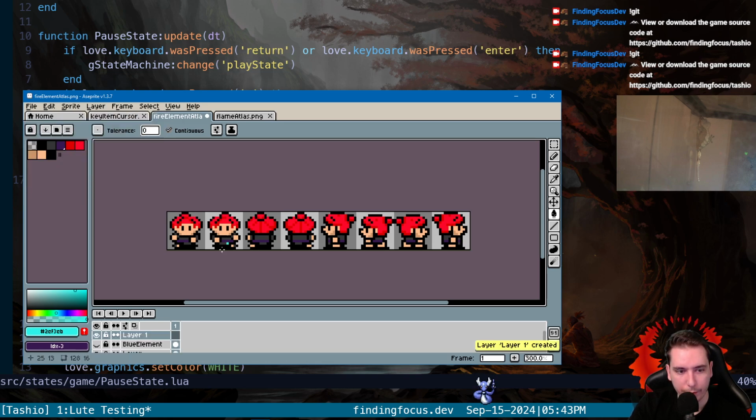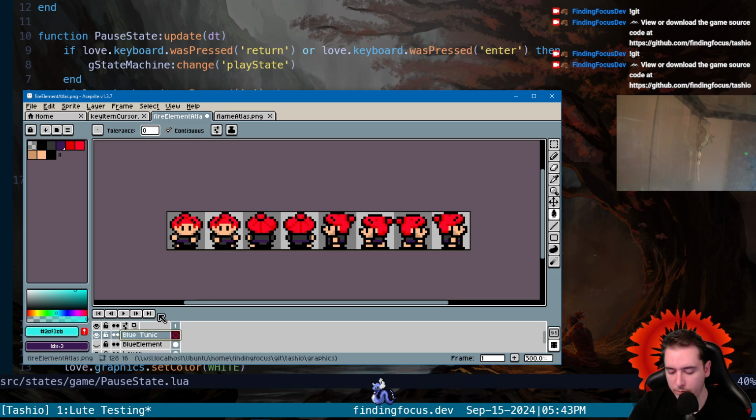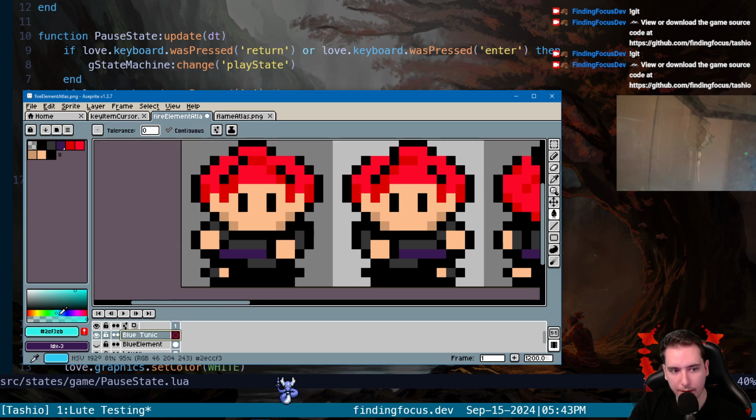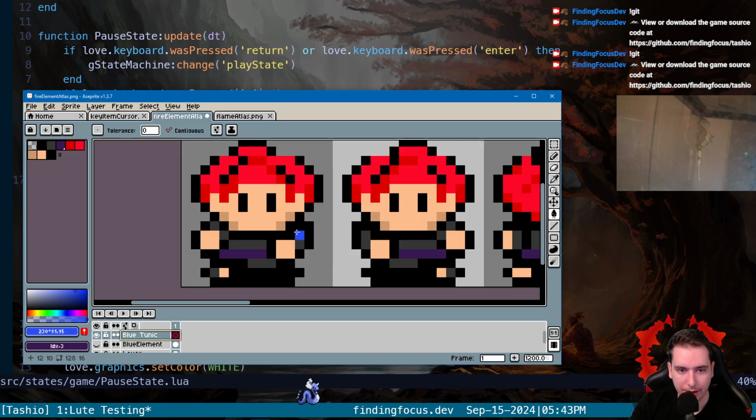So we'll make a new layer. This will be called blue tunic. It'll exist as a layer on top of this. So once we find the right color scheme, we can